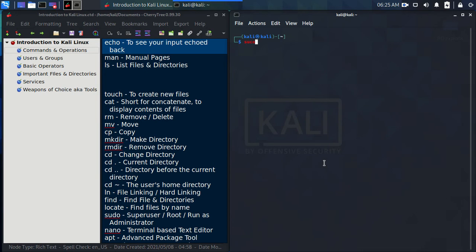Another command is sudo. Sudo stands for super user root, or it's the equivalent of run as administrator when you're within Microsoft Windows. If I want to run something above my privileges, above my permission level, then I would have to use sudo